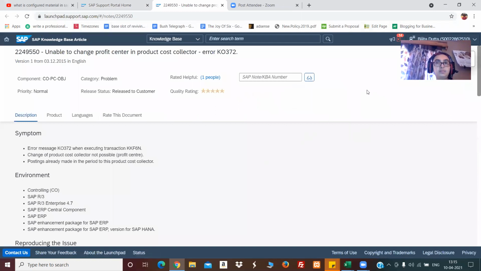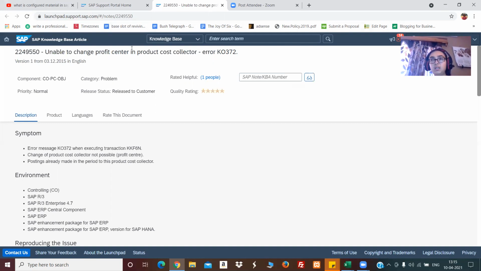Now it has opened up the SAP Note. I want to notify you all that once you click on the search button, it will ask for your credentials, meaning your user ID and password. Many of you may not have these, because it is an SAP site. So you must have an OSS ID. Once you are associated with a project, you will have an OSS ID.